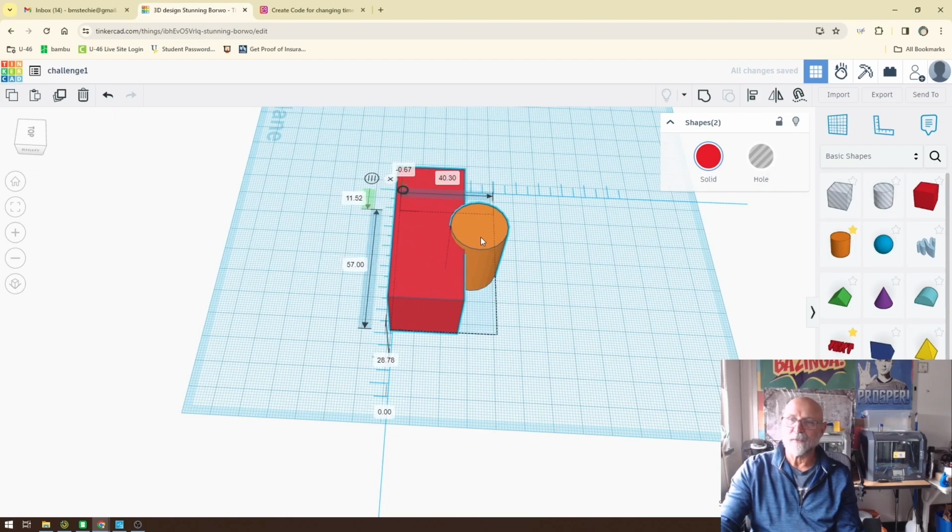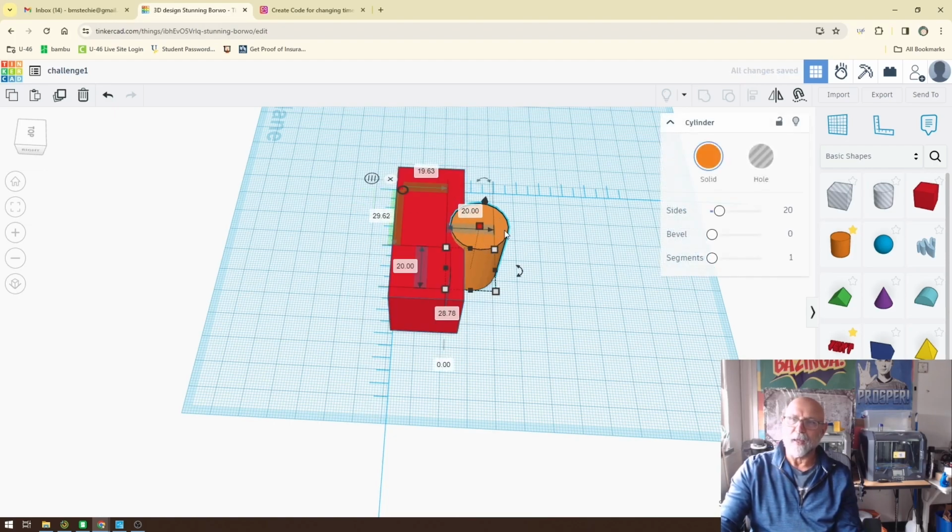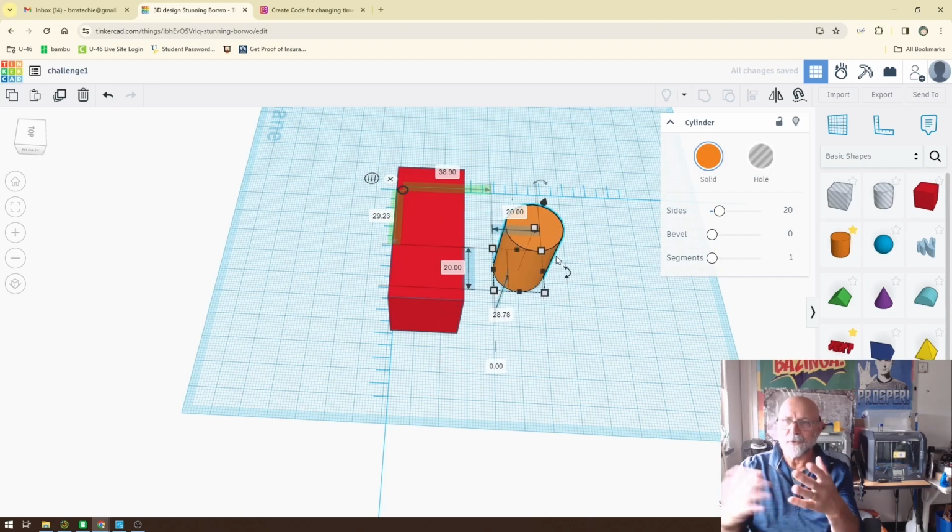Now, you notice it's still connected. That's because I got to click away and come back to it. Now I've got the single object. I can pull that out and then change its dimensions to do whatever I need to do, and then off and running. All right. If you have any further questions, check with your teacher,